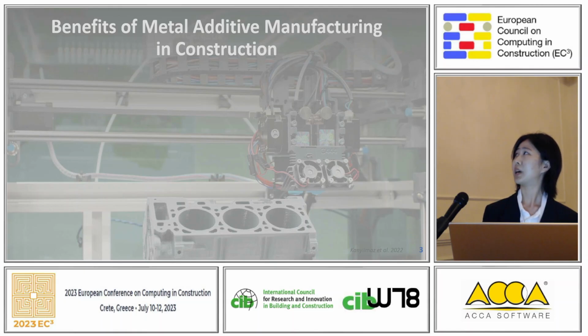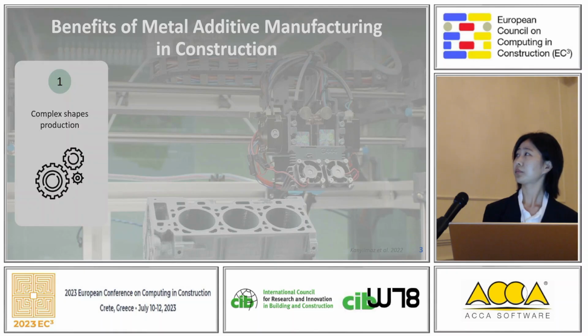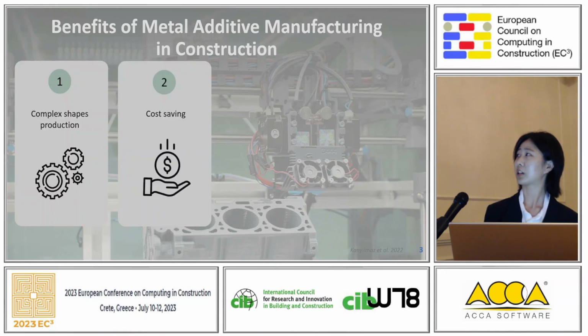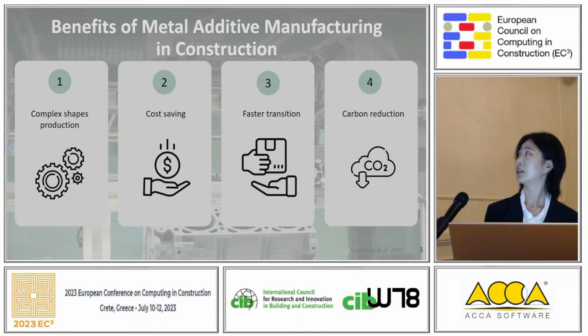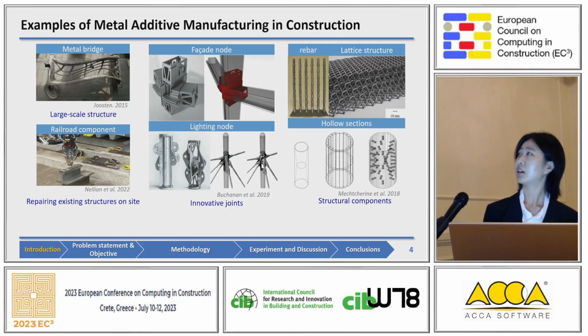So in recent years, metal 3D printing, also called metal additive manufacturing, is developing rapidly in many areas, including the construction industry. And there are a lot of benefits, for example, the complex shape production, cost saving, fast transition, and carbon reduction. And there already exist many examples of the metal 3D printing in construction, from large-scale structure, like the metal bridge, to small components, like the innovative joints, like the lighting node, the facade node, with topology-optimized design, which can reduce